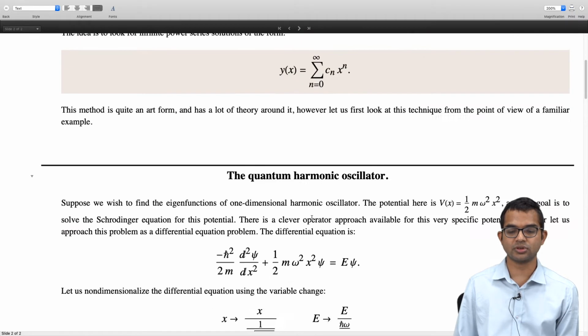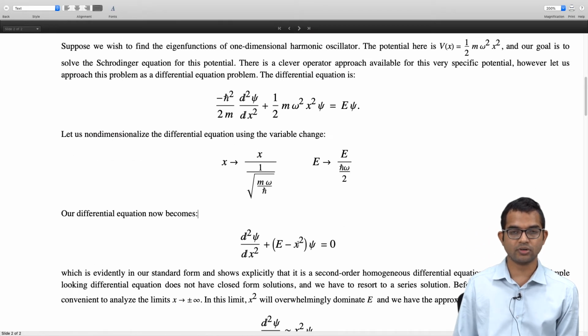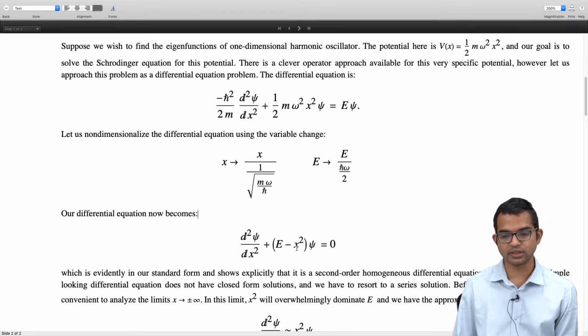So we would of course know how to solve this problem if there were no x squared. If it were just E, of course that's the simple harmonic oscillator problem, the classical harmonic oscillator problem, right? You should not think of it as a wave function then, right? It's a familiar problem from the classical harmonic oscillator if there were no x squared, but x squared is present, right, which is the potential energy term.